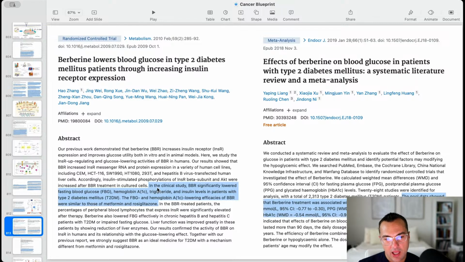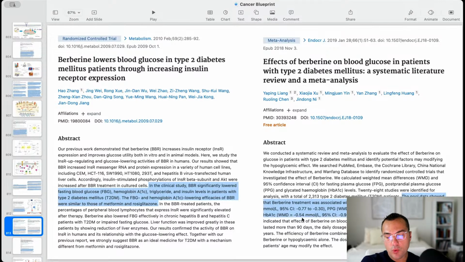And it doesn't actually tell you what the A1C was for that particular study and what the lowering effects was, but in this particular study, it did. So this paper was published in 2019, Effects of Berberine on Blood Glucose in Patients with Type 2 Diabetes Mellitus, a systematic literature review and meta-analysis. And it found here that the pooled data showed that berberine treatment was associated with better reduction in fasting blood glucose and A1C. And it lowered, in this particular meta-analysis, A1C by